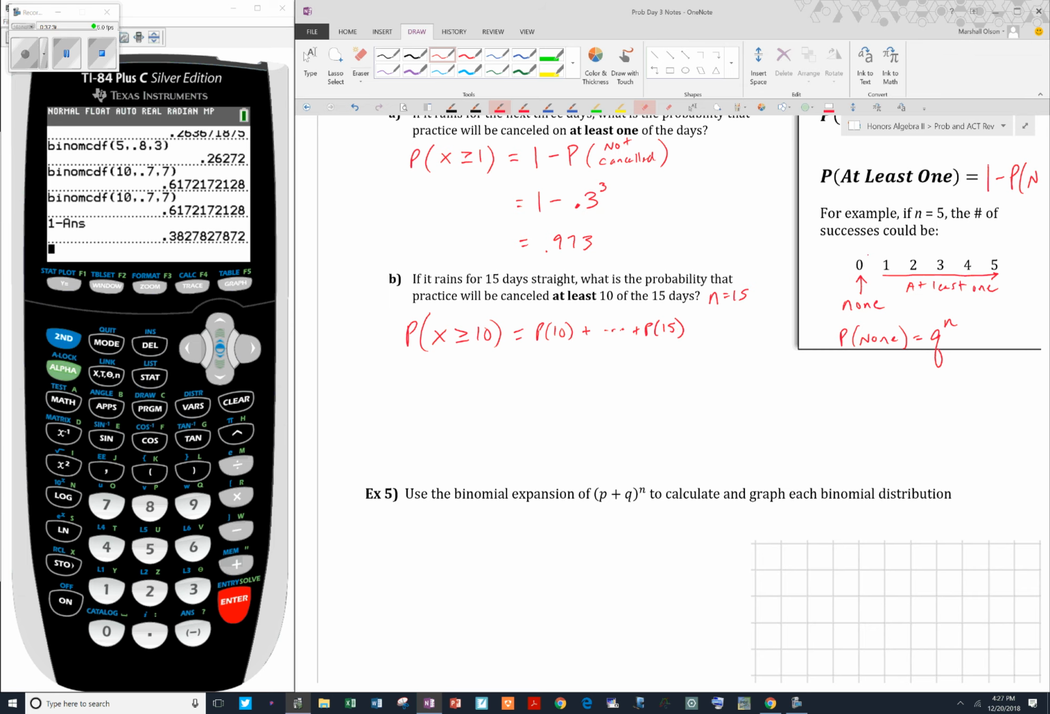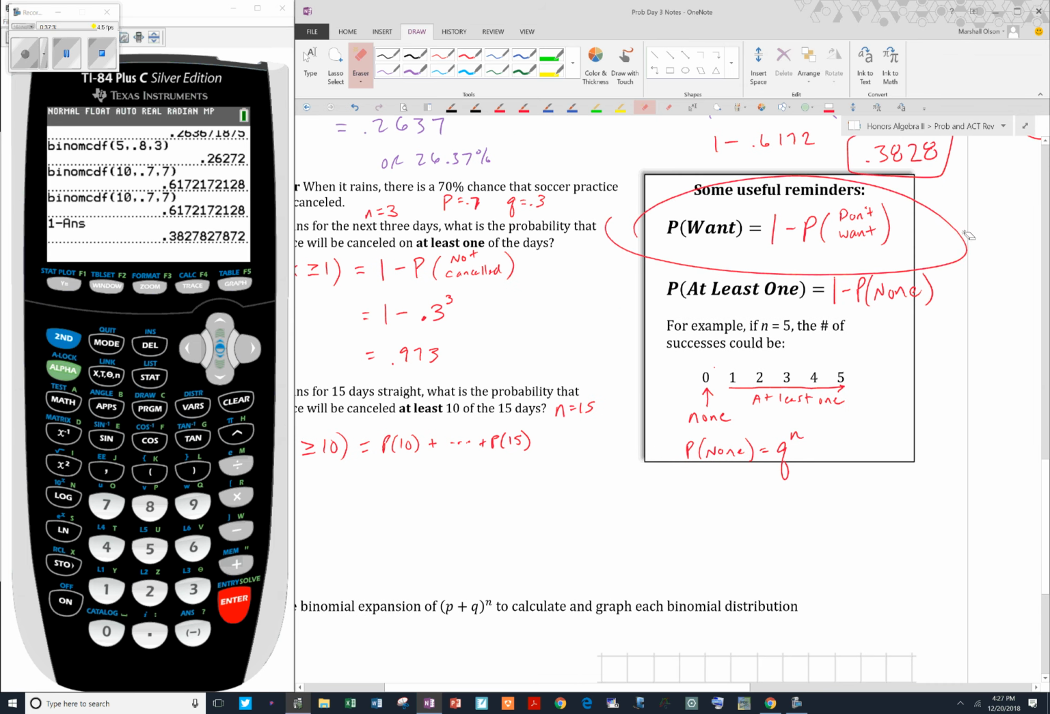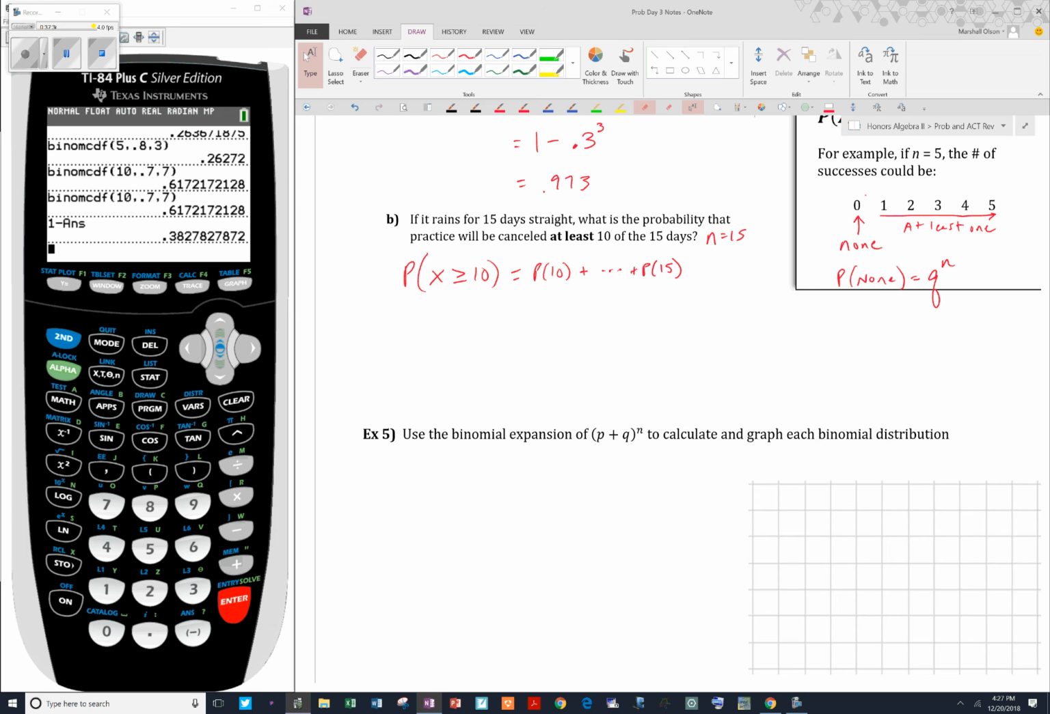What we're going to do is use this idea of finding what we don't want, because that's what our calculator can calculate with the binomial CDF feature. So the probability of X greater than or equal to 10 is equal to 1 minus the probability that X is less than or equal to 9. And that's nice because then we can just use our binomial CDF, because it'll go from 0 to 9. So I've got 15 days, 0.7, and we're going to go up to 9. If you go ahead and punch that in, you're going to get